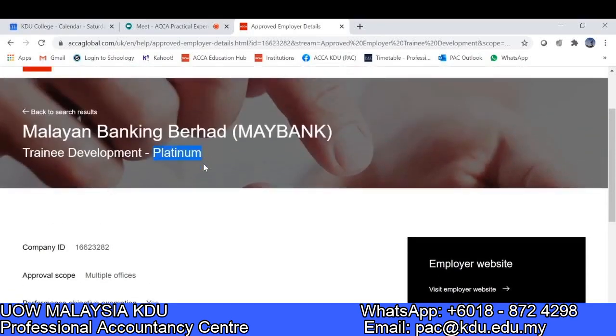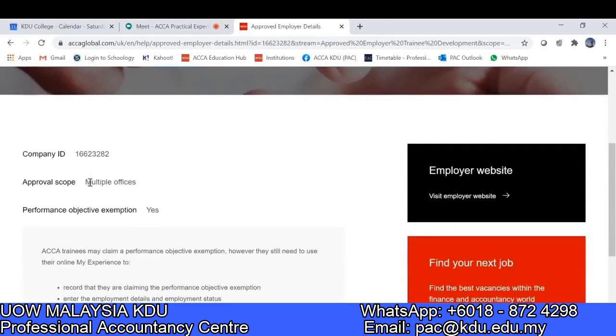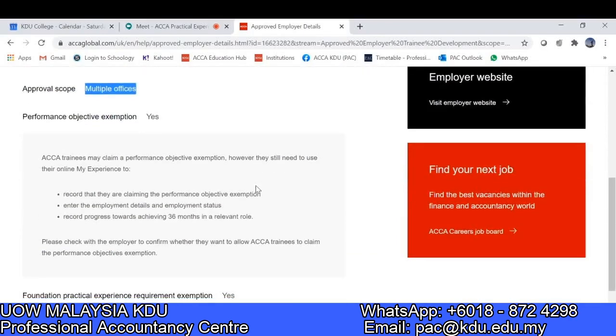It's just like our tuition provider, we do have gold and platinum. So Maybank is under platinum. But you see these multiple offices here. Just now when we keyed in Paramount, it is countrywide. Now, what do you mean by multiple offices here? If I scroll down,